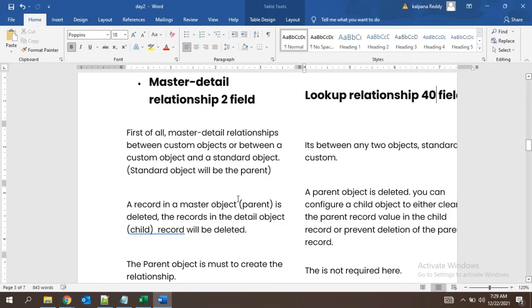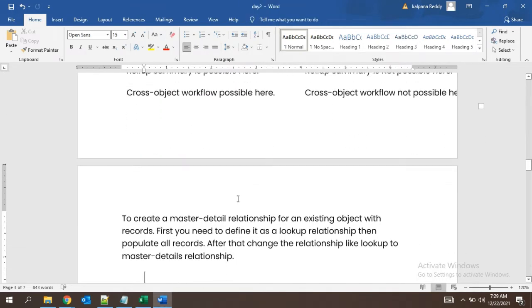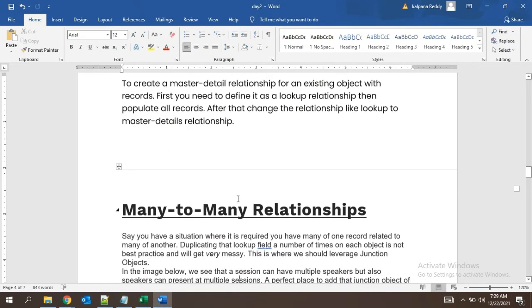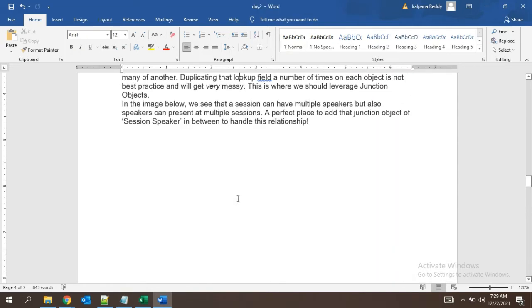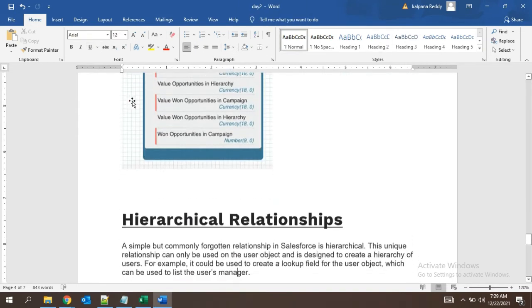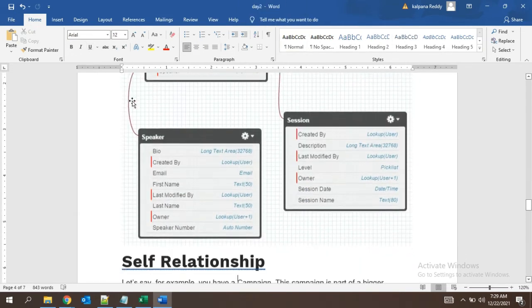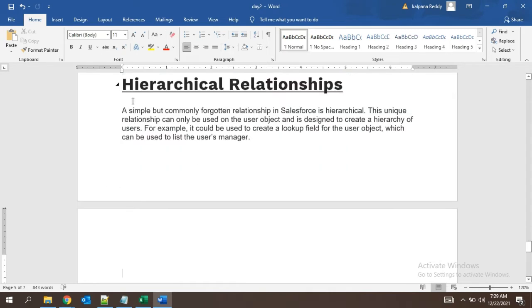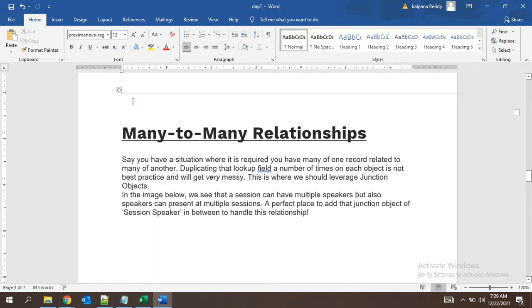and the differences we have covered. We'll see now the other types of relationships in Salesforce. The first one we saw is lookup. Second is master detail relationship, the third one is many to many relationship, fourth is self relationship, and fifth is finally hierarchical relationship. So many to many relationship means, as of now we were just seeing this architecture,